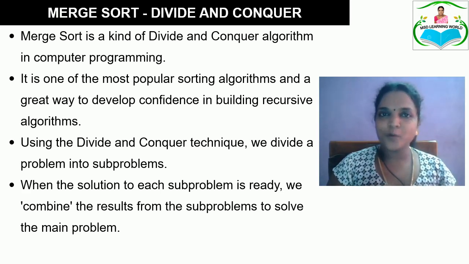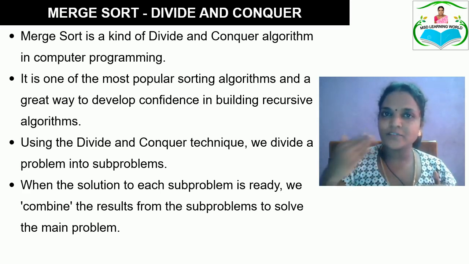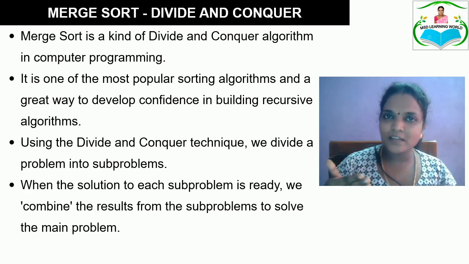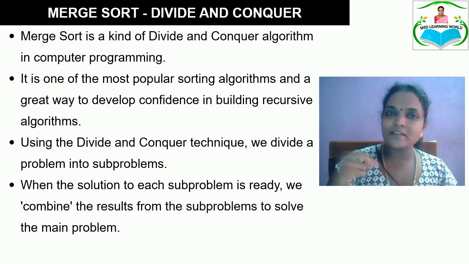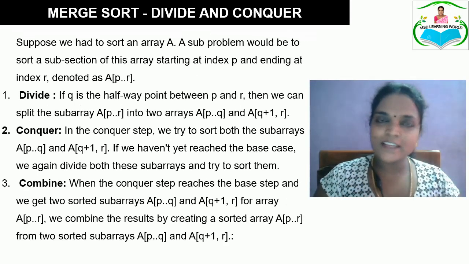This algorithm provides the confidence that it is possible to perform sorting by recursively dividing the arrays into equal length. It is the most used algorithm by real-time applications, where the entire array is divided into half, and recursively the arrays are divided into half and all the sorted elements are combined at the last, so that the running time of the algorithm is also completely reduced. So let us see the algorithm for the merge sort application. Let us see the steps for the merge sort algorithm using divide and conquer.